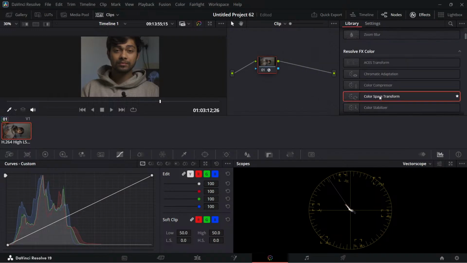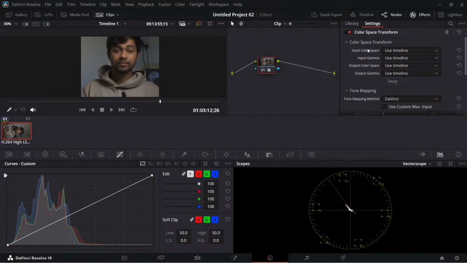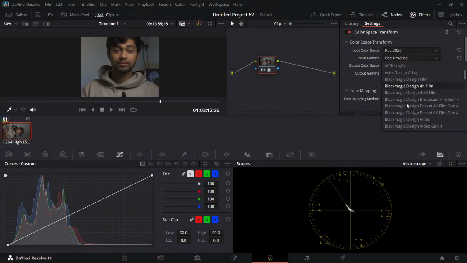So I'll just go to the effects library. There is this effect known as Color Space Transform, also known as CST for short. Remember this, guys. Then I'll go here, input color space. Our color space is BT 2020. It is exactly similar to Rec 709. Sorry, Rec 2020. So I'll set the input color space to Rec 2020, and then I'll go to input gamma,